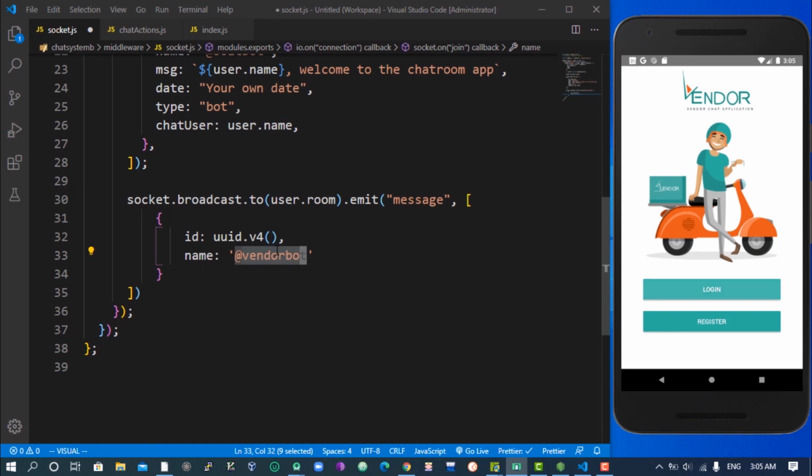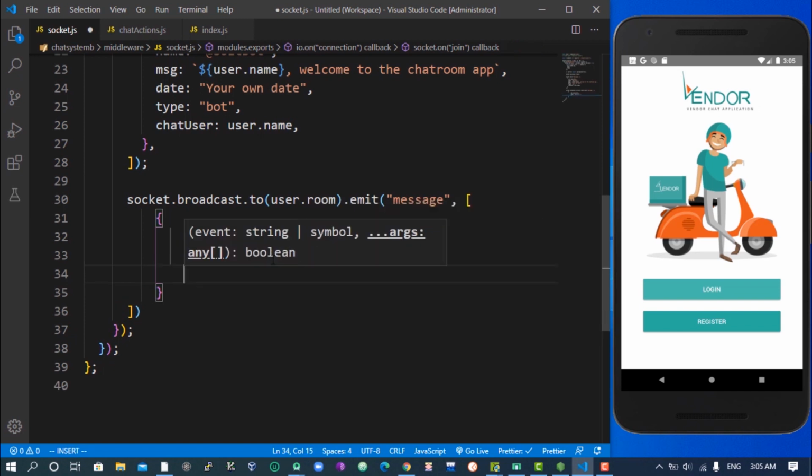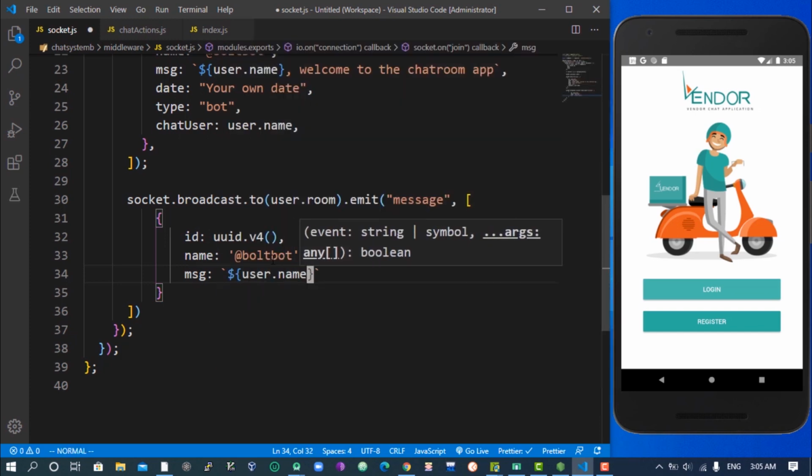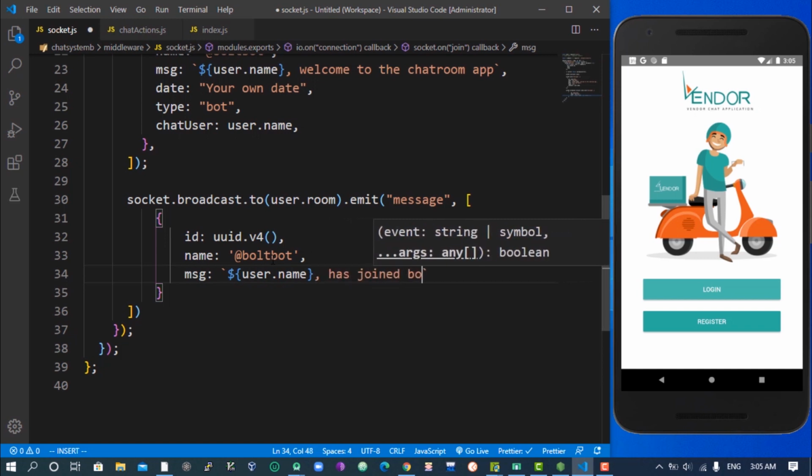So I'm using vendor bots here, but I'm going to use both bots. Both bots can message back to everyone and say that this user has joined the boot